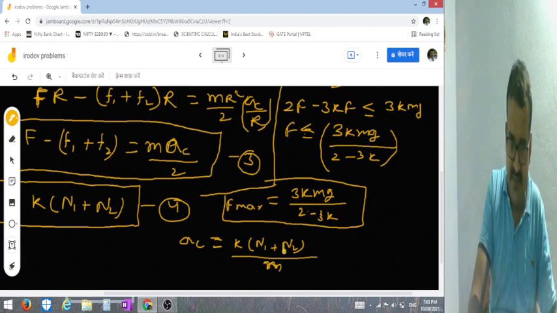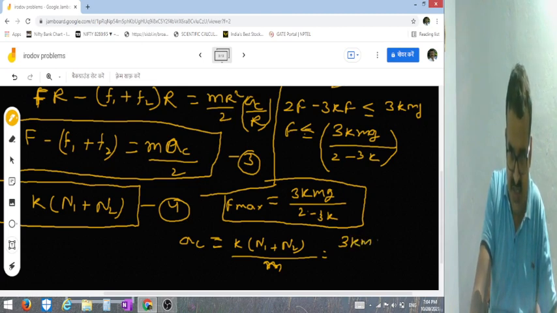See here beta, the value of N1 plus N2 is F plus mg, and the value of F I have determined, that is the maximum force. So here you put the value, you get 3Kmg divided by (2 minus 3K), and K is multiplied here, plus mg,